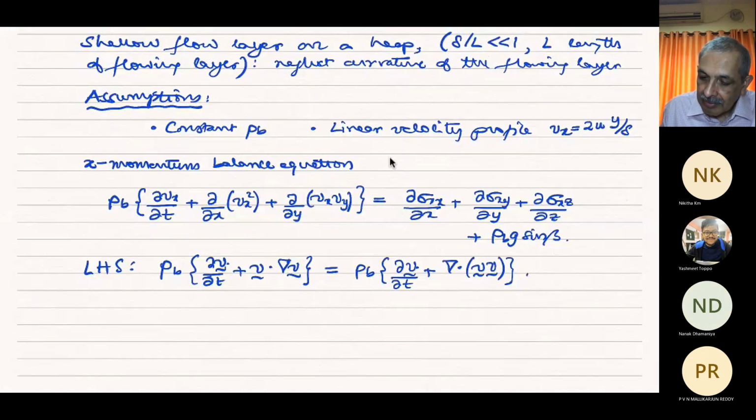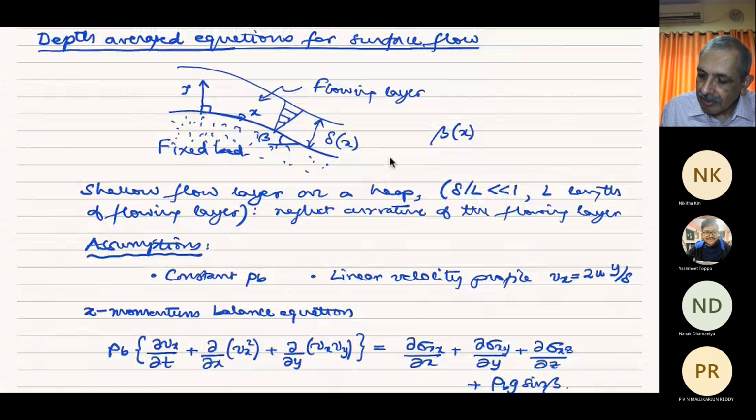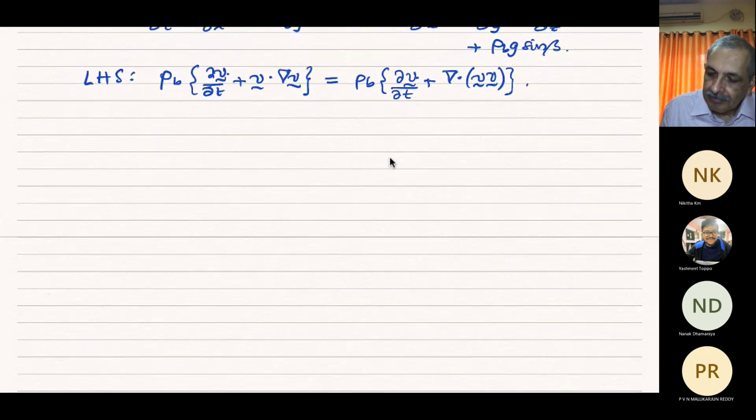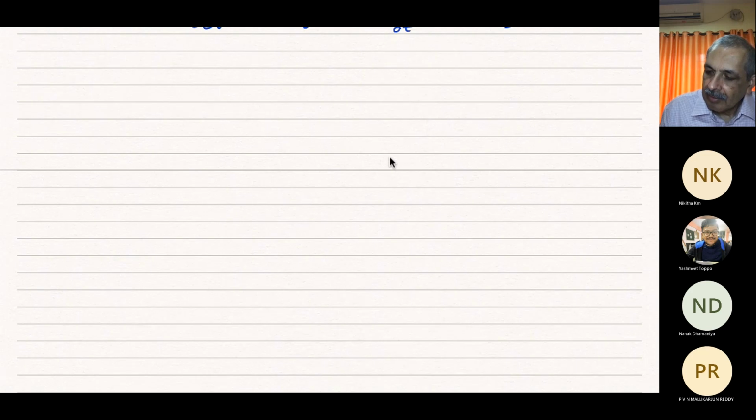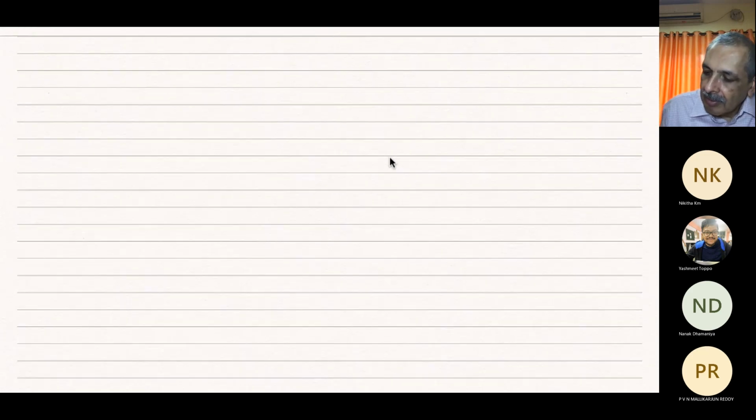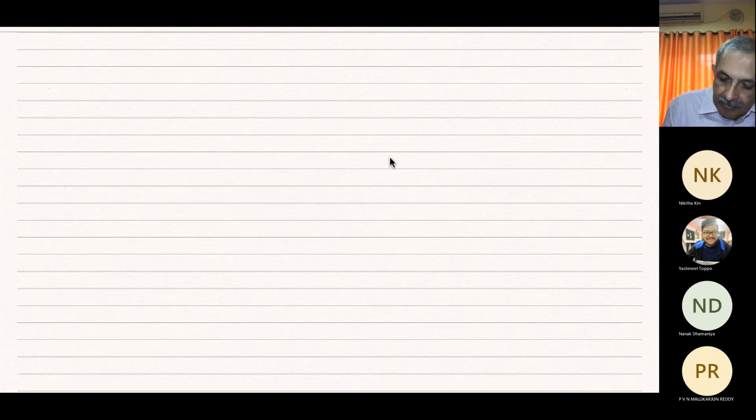Let's go back to what we were doing in the previous class. This is what we had started doing: depth averaged equations for surface flow. So let me just start again. What we want to do is